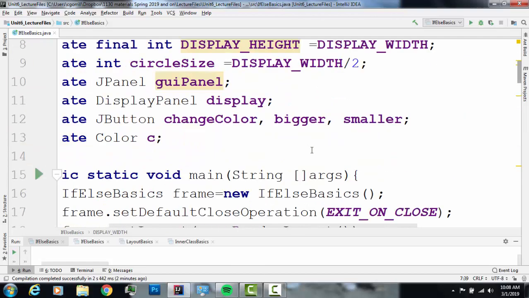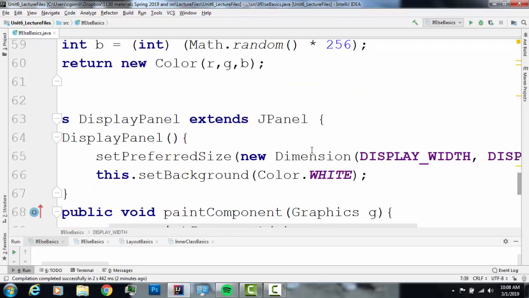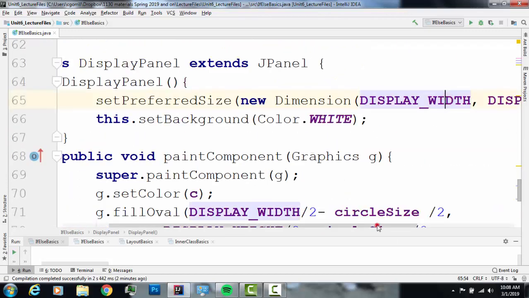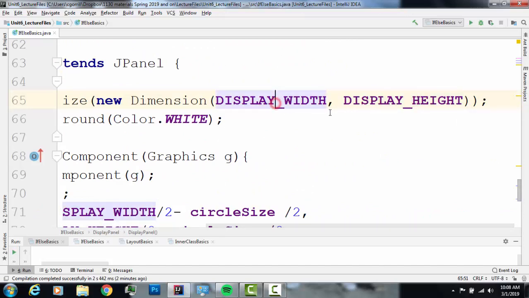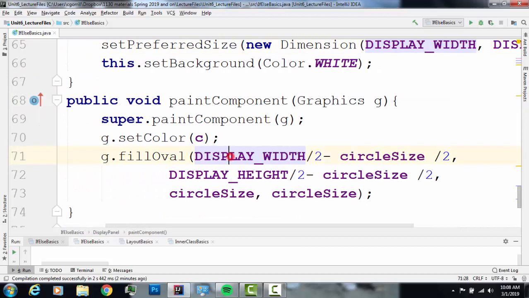Let's say I just set the default size of my panel at 400 and 400 here. I hard-coded 400 and 400. And then down here, I set this to 400 divided by 2, 400 divided by 2, 200 divided by 2, 200 divided by 2, and 200, 200. I hard-coded all those values in. It would look something like this: